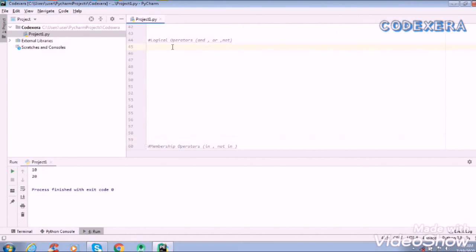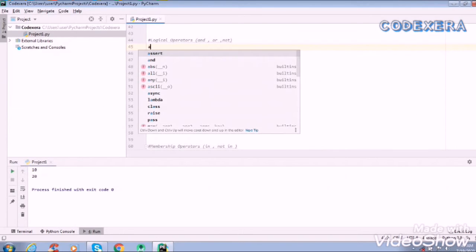Now after assignment operators will come our logical operators. What are logical operators? We know that logical operators are used for combining two conditional statements, as we have already learned what conditional statements are. Now we'll use that here. I will give you a simple example so that you will be able to understand what a logical operator is.